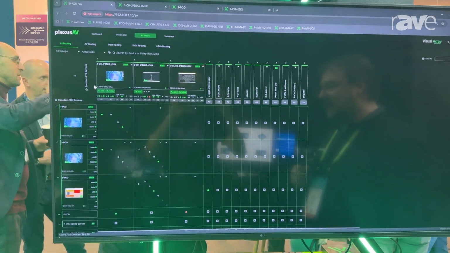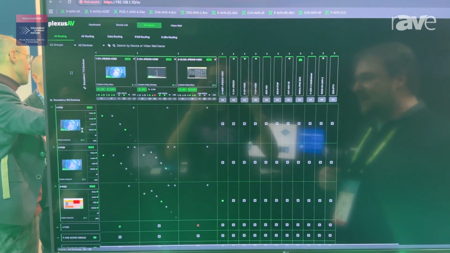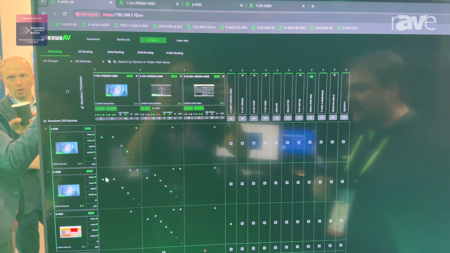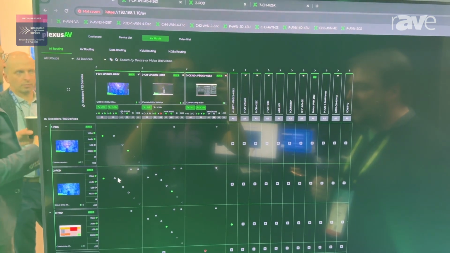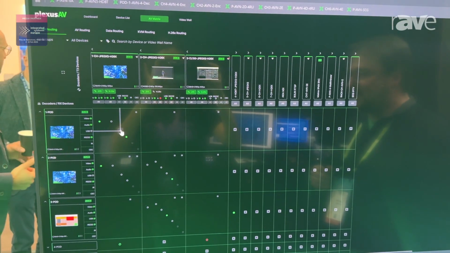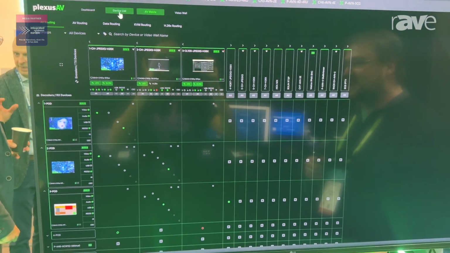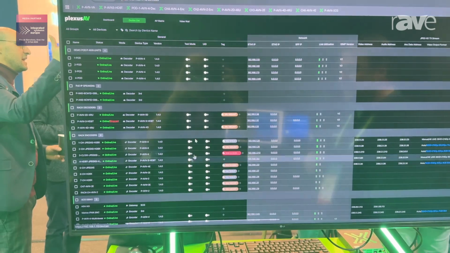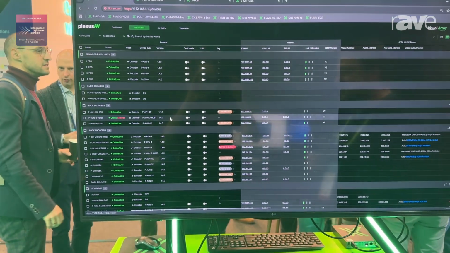You're seeing the Visual Array, which includes our transmit here on the top and our receive on the left, and we have the ability to do individual routes down to the individual audio or video channels, including making KVM USB routes. In our device list, you can see that we have all of the IPMX and NMOS enabled devices, including